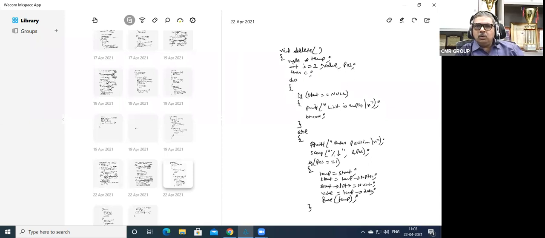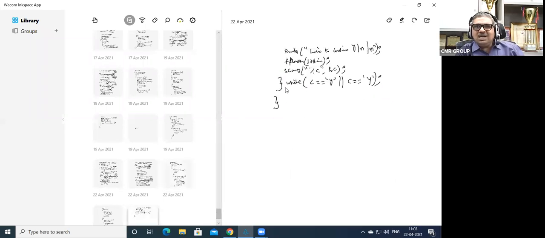Do, this do while loop is starting here. In the starting itself, I am checking if start is equal to null, right? If start is equal to null, then list is empty and it breaks. So where will this break take you? It will come out after this. Okay, after this it will come out.